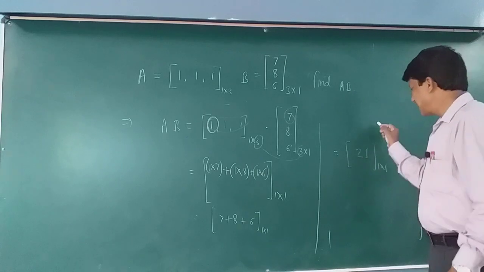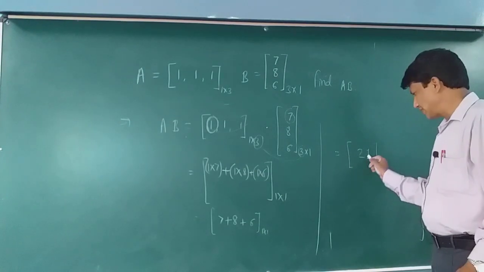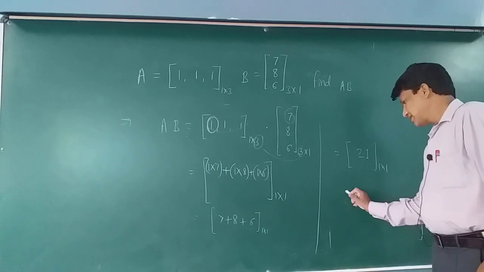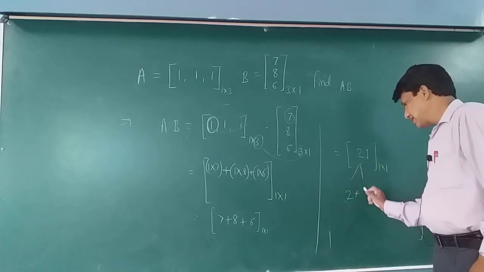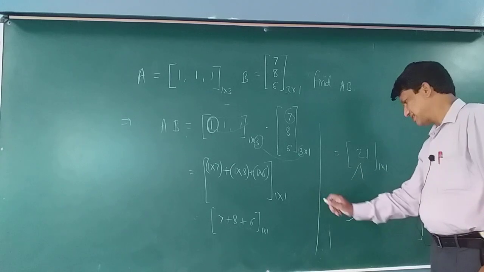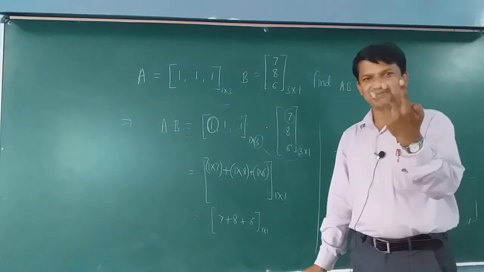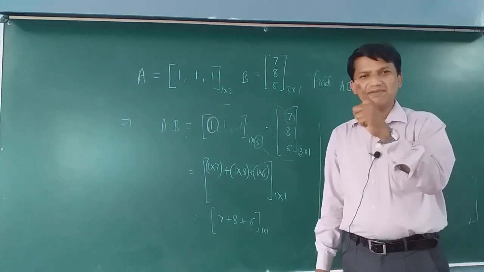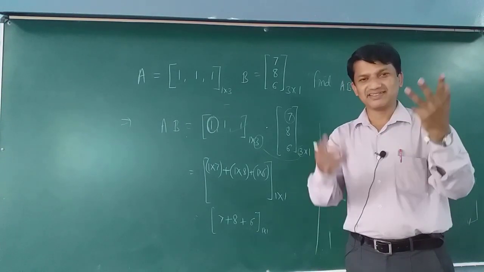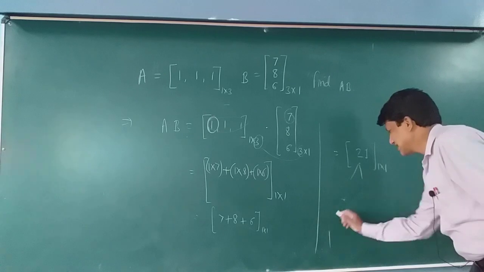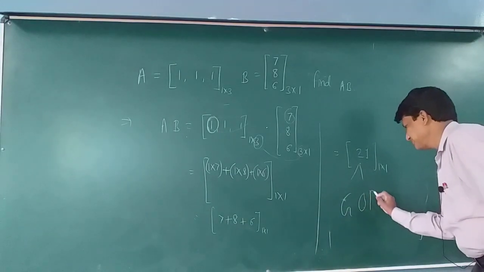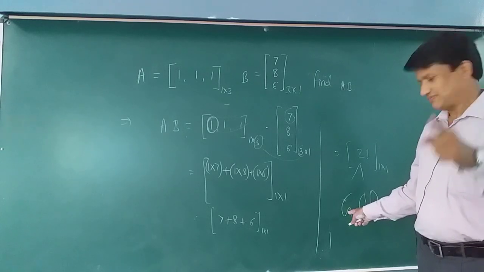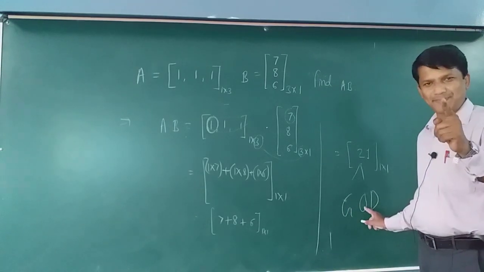Again if we shift this 21, we can write it as 2 plus 1. What is the answer? 2 plus 1. The answer will be 3. And you know what is the 3? Brahma, Vishnu and Mahesh. These 3 we can say are Gods. G for generator, O for operator, D for destroyer.